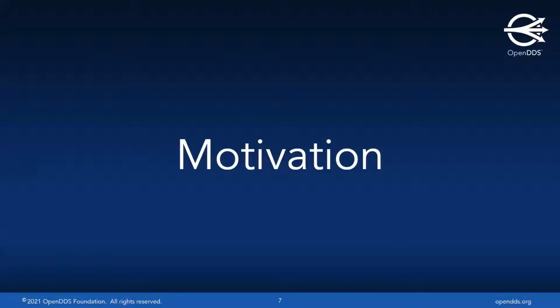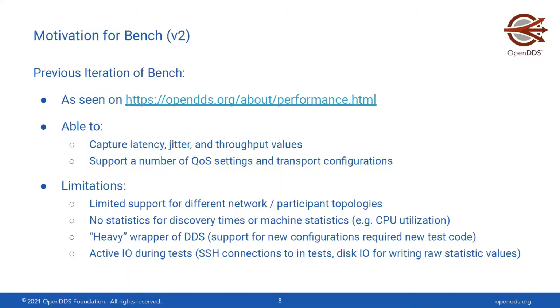So let's talk a little bit about what motivated the latest changes in Bench. The previous iteration of Bench had been around for a while, and you may have seen the results of its tests on the OpenDDS performance webpage. It was able to capture a number of useful statistics like sample latencies and jitter and estimated throughput. And it was also capable of capturing these for a number of OpenDDS transports and for various